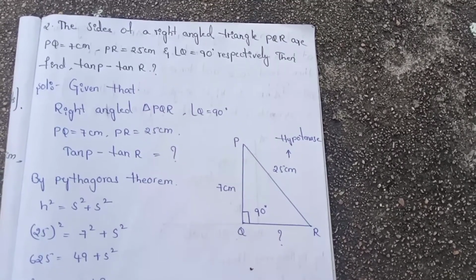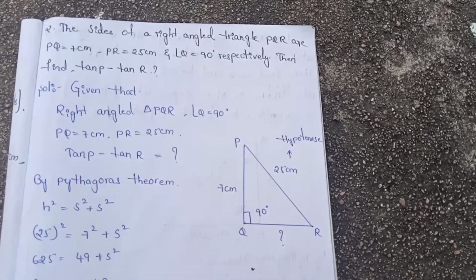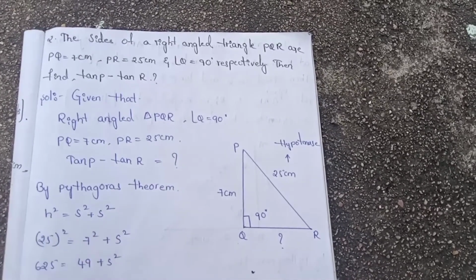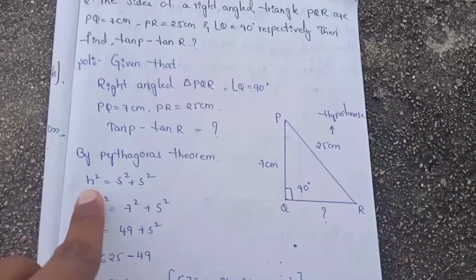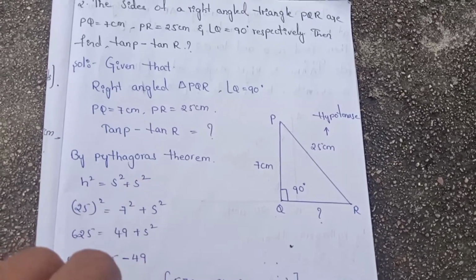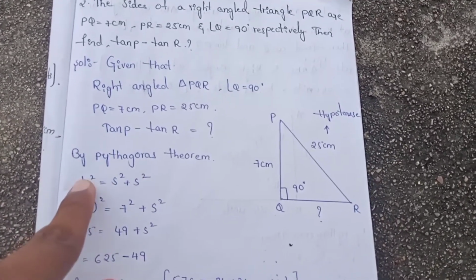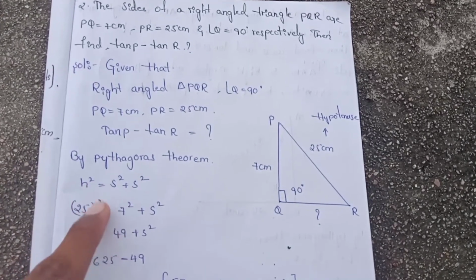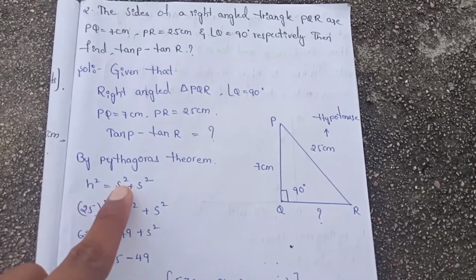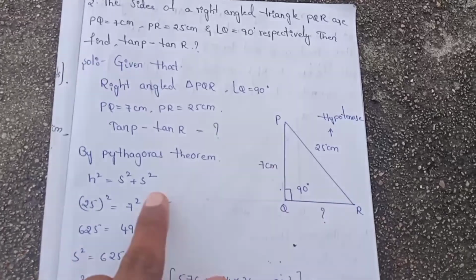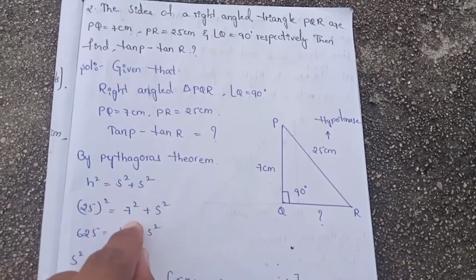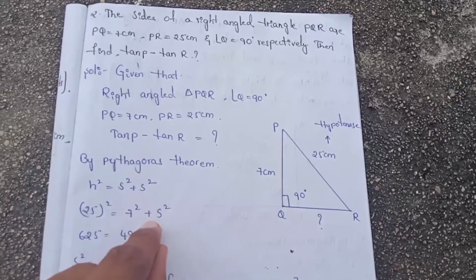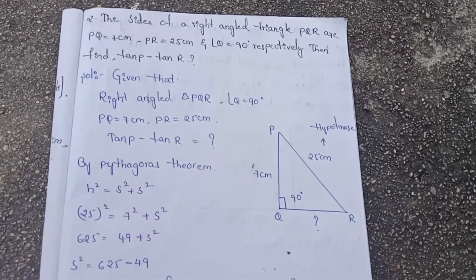So we have to find it out. How can we find it? By the Pythagoras theorem. What is the Pythagoras theorem here? Hypotenuse square is equal to side square plus side square. Hypotenuse, what is given here? 25 cm. 25 whole square is equal to, see, these two are sides. What is the one side mentioned here? 7 square. Side square means 7 square, plus the other side square, as it is we have to write it.